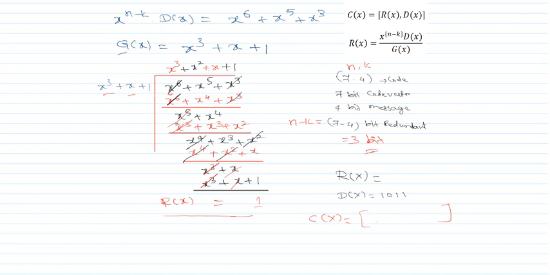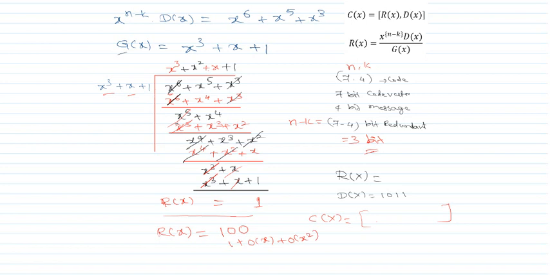That is the reason I will write this r of x as 1 0 0. Better I'll write it here. So r of x is equal to 1 followed by 2 zeros, because we have to express this as a 3 bit. Okay, so what does it mean? If I expand it, I'll get it as 1 plus 0 into x plus 0 into x square. So this is how we will get the polynomial for this.